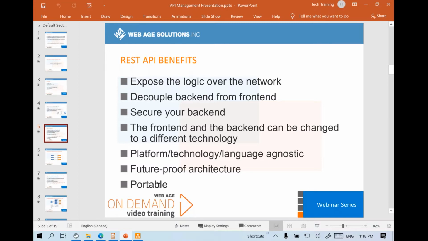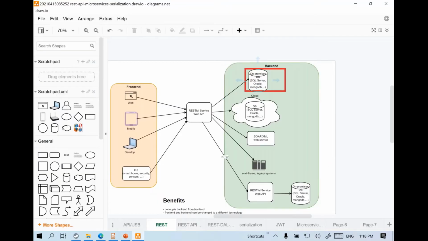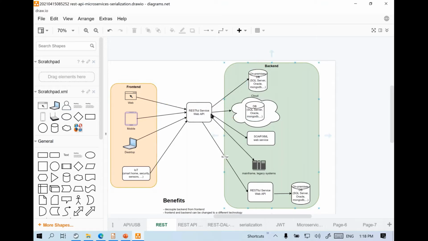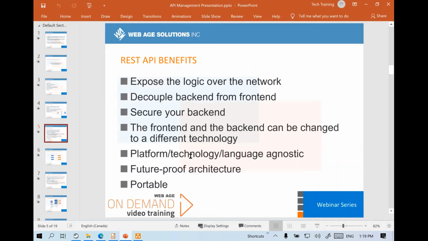And you get to make things portable, in the sense that, like I mentioned, your backend could be moved from on-prem to cloud, and your front-end applications will never have to know what change has taken place, as long as the REST APIs, the interfaces in between, are updated properly. This way you can say that your applications are somewhat portable. So basically, you get these benefits with the REST API implementation.